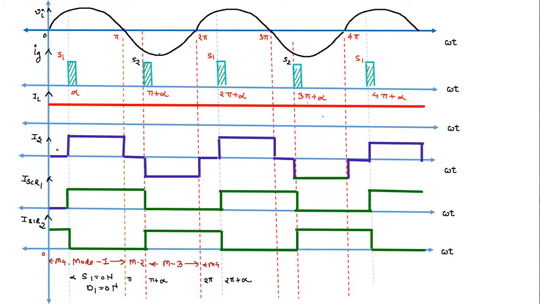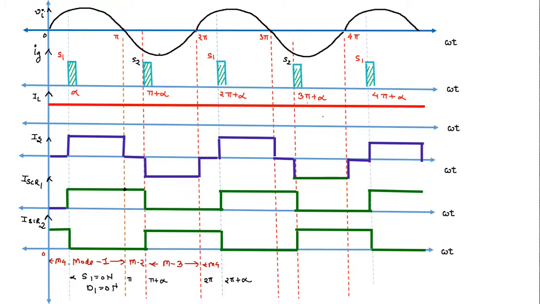So what is the condition of the current through the SCR? It will conduct from omega t is equal to alpha to omega t is equal to pi plus alpha. This current will be shown like this. So here we have studied that SCR current will be equal to the load current from omega t is equal to alpha to omega t is equal to pi in the first mode of operation. Okay, so from here to here we will draw one line like this, equal to the magnitude of this load current. Now what happens to the source current? Source current will be equal to load current in this instant. Therefore we will draw one line of magnitude or amplitude equal to the load current like this from alpha to pi.